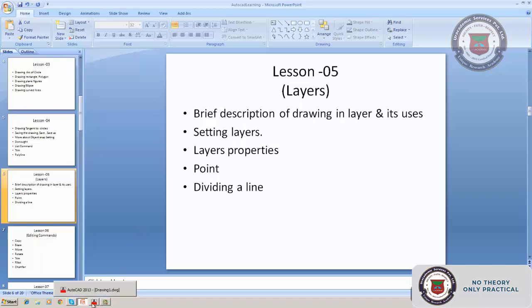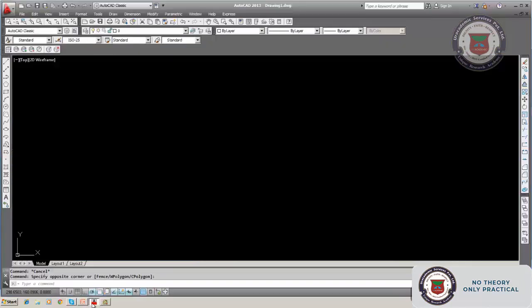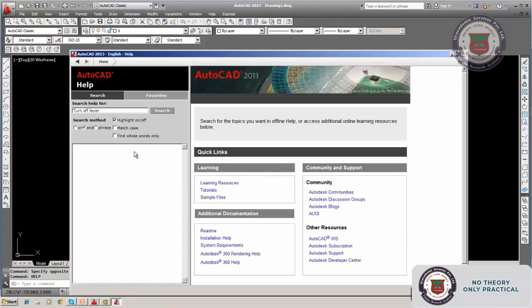Now, I will open the AutoCAD drawing. It is opened. Now, we will discuss the points. Here, we shall use the help mode to know more about the properties. You type help, and if help is installed, you will get the help screen.